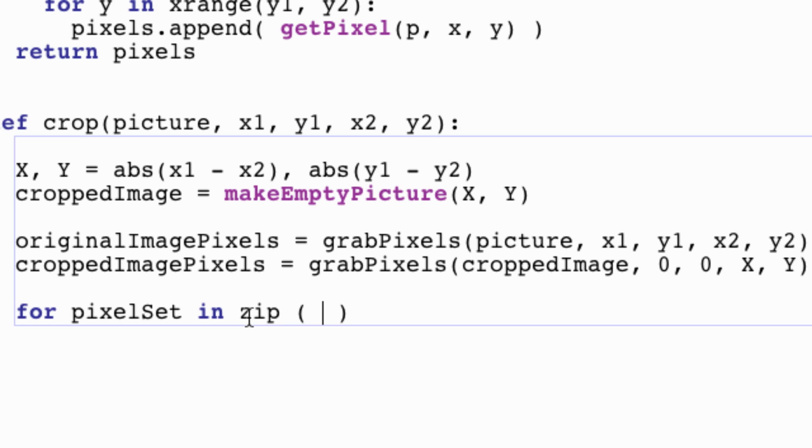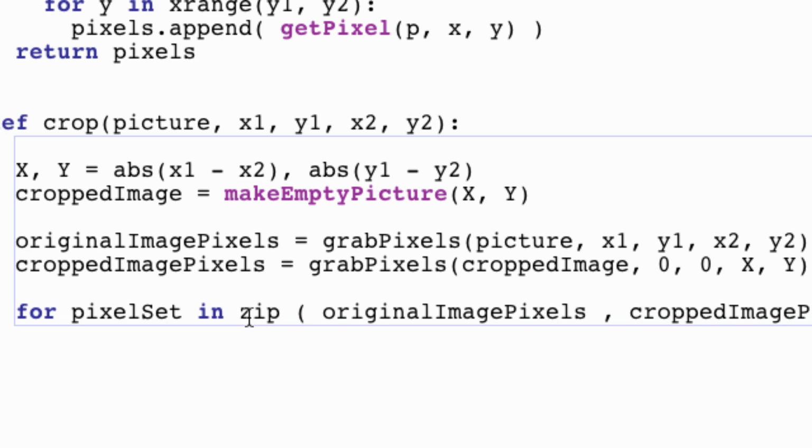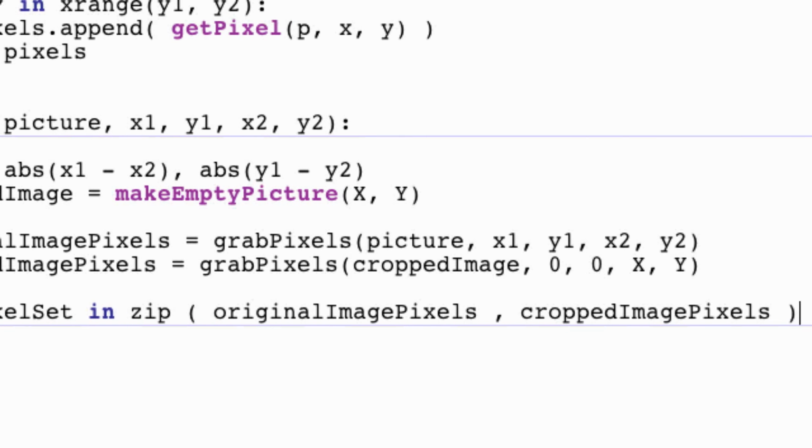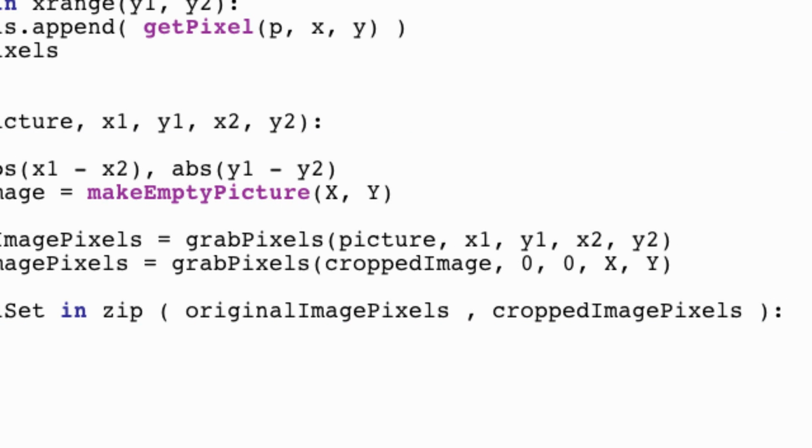It'll cut a part of your list to match the smallest list, and you don't want that ever. Well, you might sometimes, but not in our case because we'd be losing information. So original image pixels, cropped image pixels, like that, put a colon there,